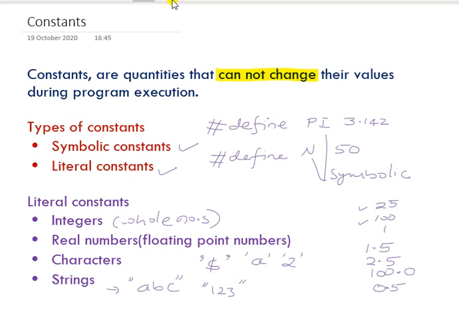When it is put in double quotes, it will be treated as a string. If it is simply 1, 2, 3, we treat it as an integer. So anything put in double quotes will become a string. Say like this, it is a single character, but since you have put it in double quotes, it will become a string constant. This way we have different types of constants.